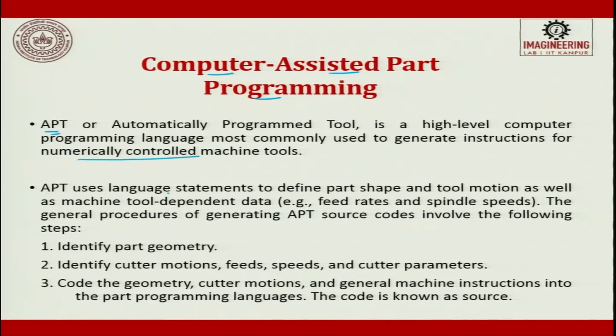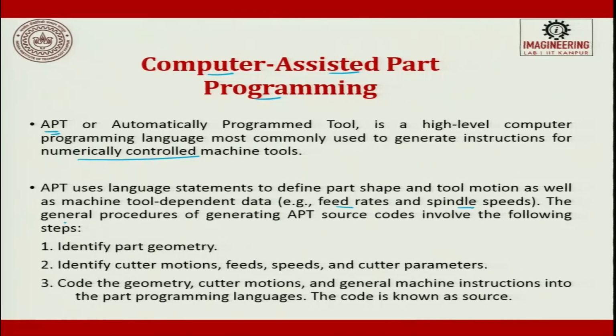APT uses language statements to define part shape and tool motions as well as machine tool dependent data, for example feed rates, spindle speed.